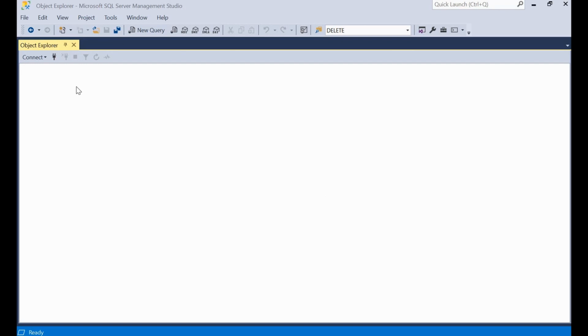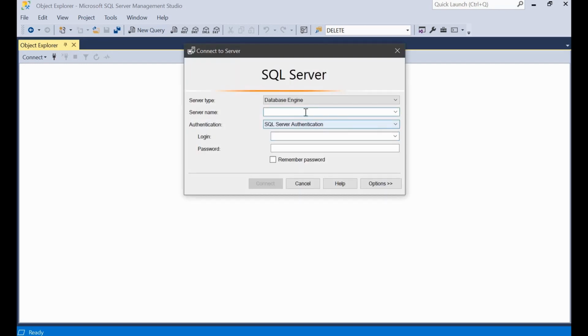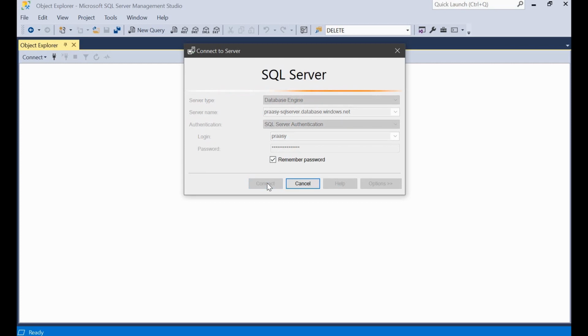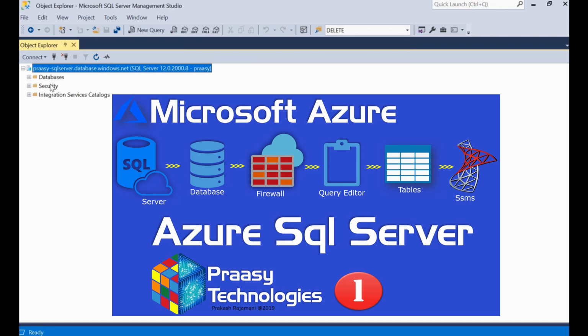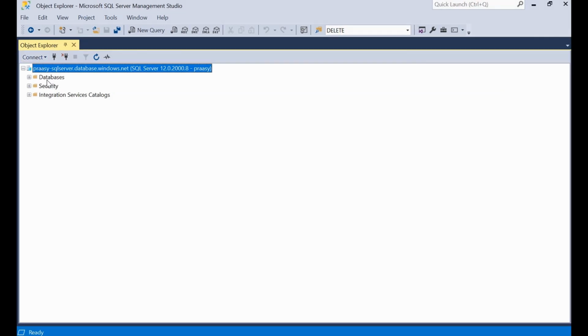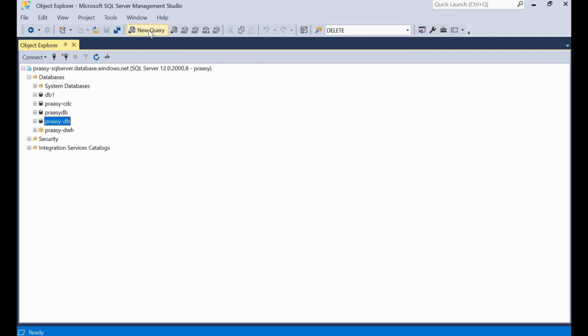We have logged into SSMS. Let's connect and paste the Azure SQL Server name which we have copied in the Azure portal. Give the credentials and connect, and Azure SQL has been connected now. If you do not know what Azure SQL Server is, and if you want to create a new Azure SQL Server in the Azure portal, then check my earlier tutorial on how to create Azure SQL Server, which is in the description below. We are back to the demo. Click on databases, and we have a database called PraasyDB which